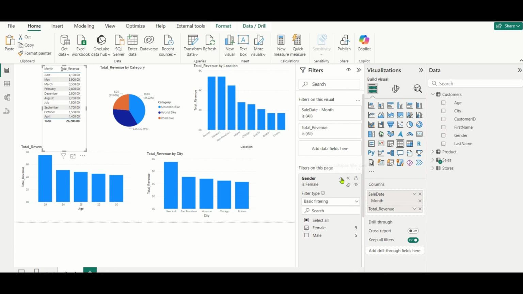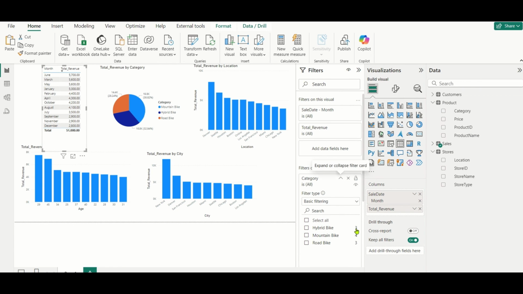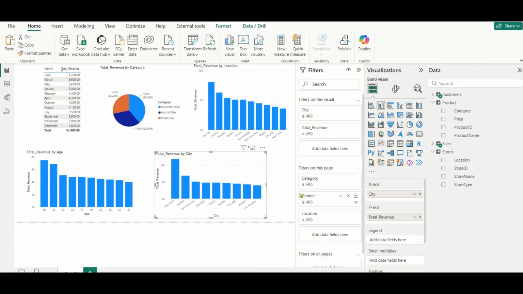So you can apply any number of filters here. First is the gender, you can keep, and next is store location also, and from products you can keep the category. With this, you can do correlation between multiple dimensions, like product categories with gender, or product categories with customers, and customer city. You can do multiple correlations. Even in SQL you can do those, but in Power BI it will be easier to understand. So this is one such example where you can use both Power BI as well as SQL to generate insights